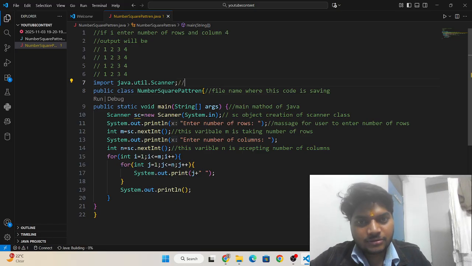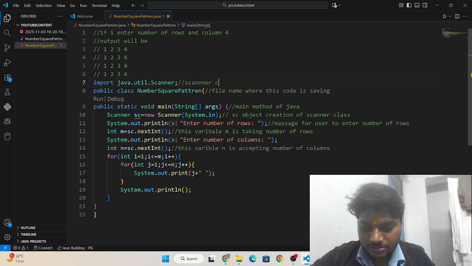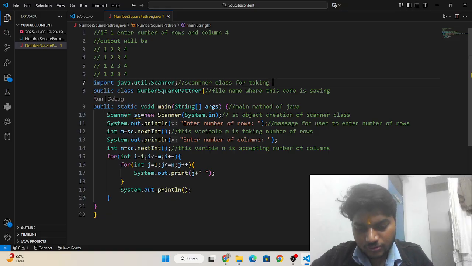Okay, and this is the scanner class for taking user input.